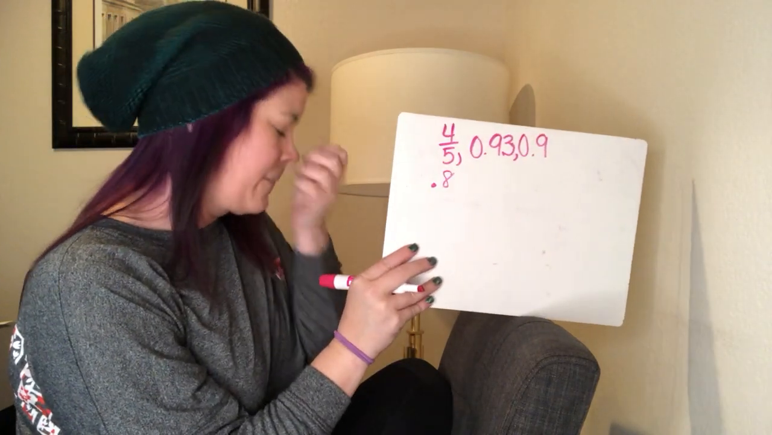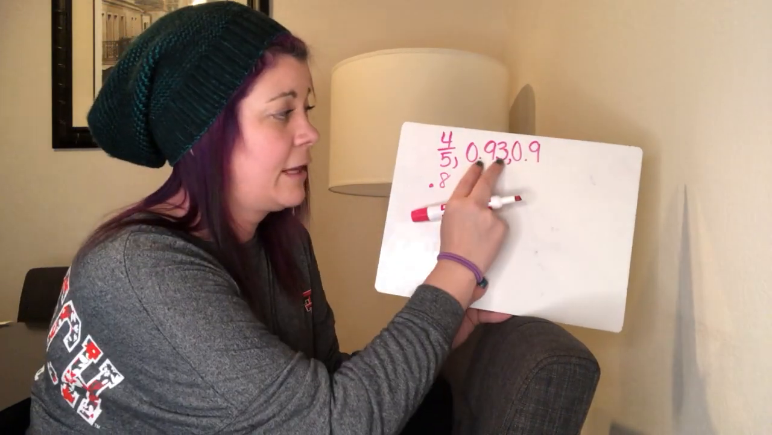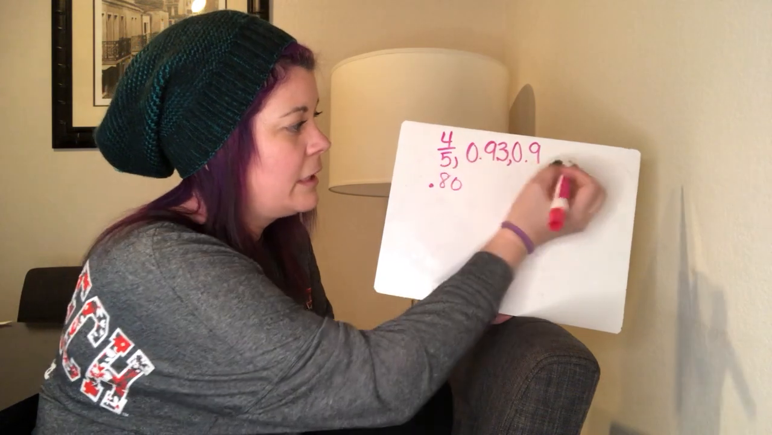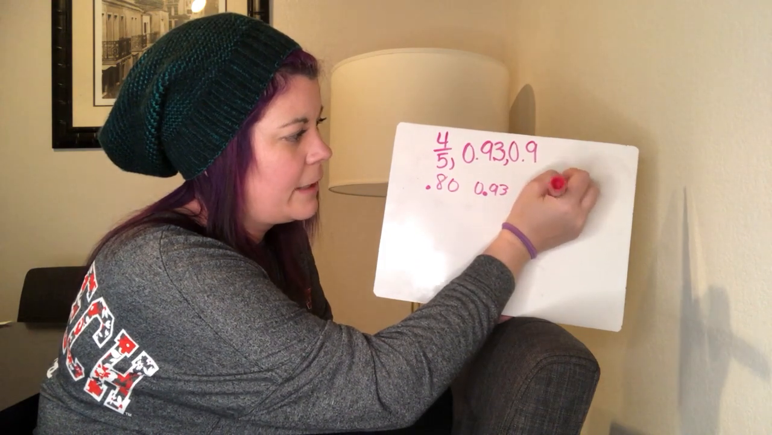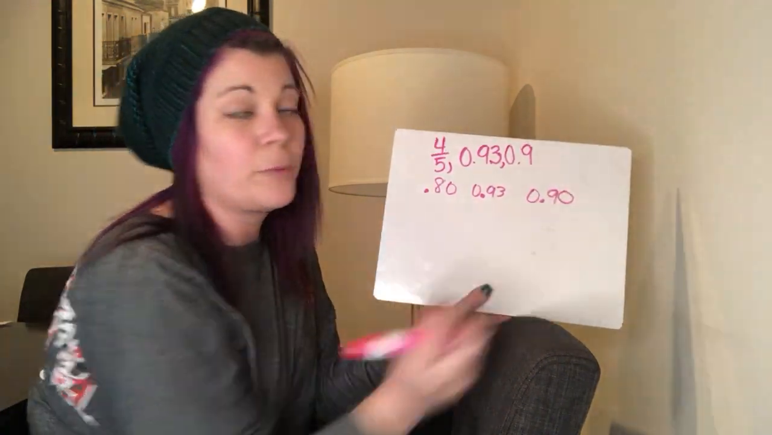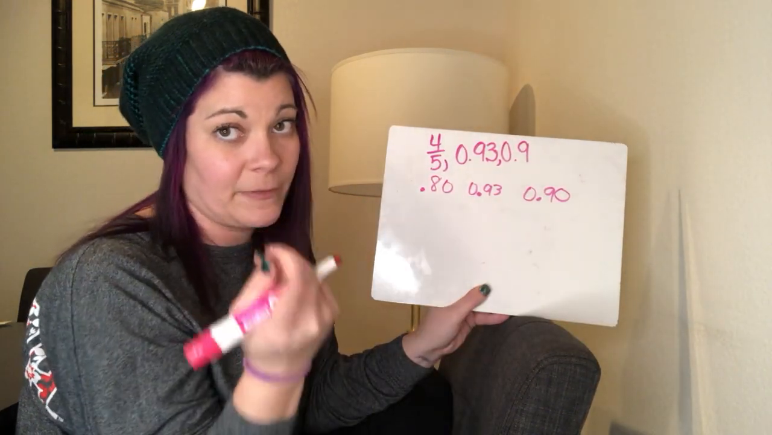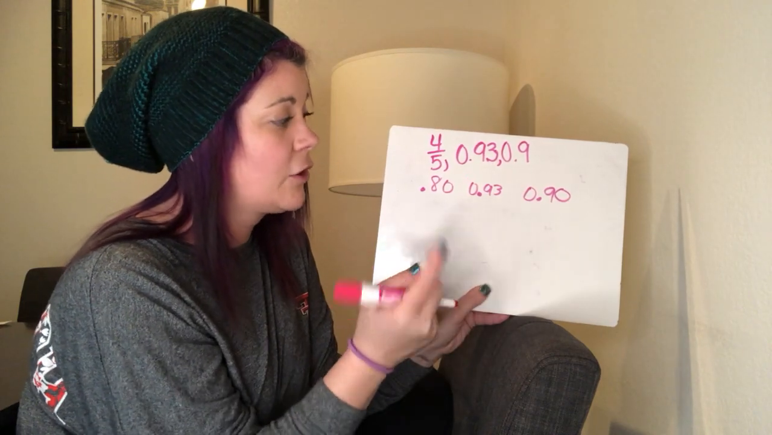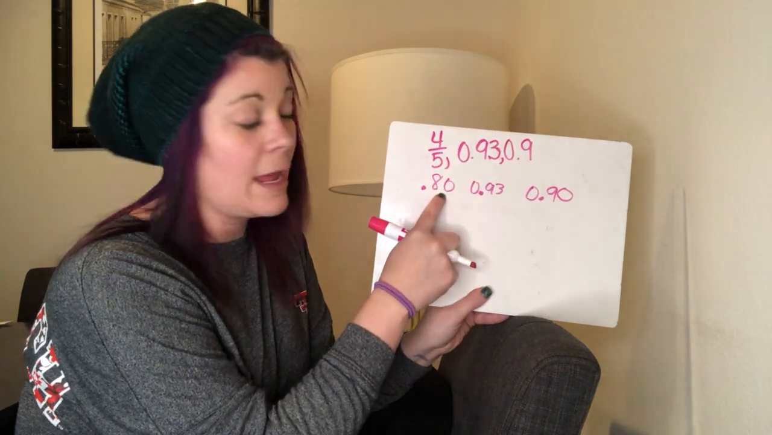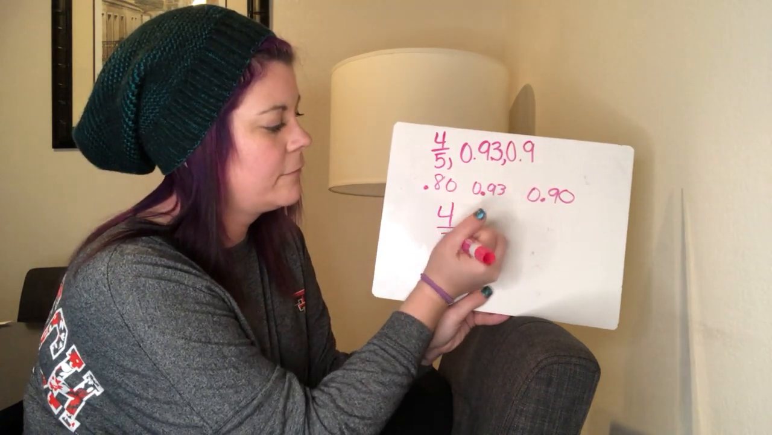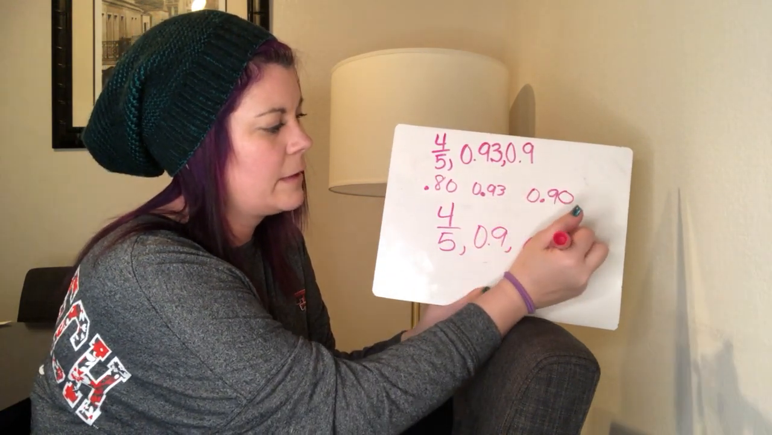Now to order decimals, we want to line them up. Or, like I said, since one has 2 place values, you can make them each have 2 place values. That's kind of the easiest way to do it. Now I can just look at the numbers behind the decimal. Least to greatest, 80, 90, 93, right? So instead of writing 0.8, I'm going to write 4/5, and then 0.9, and then 0.93,